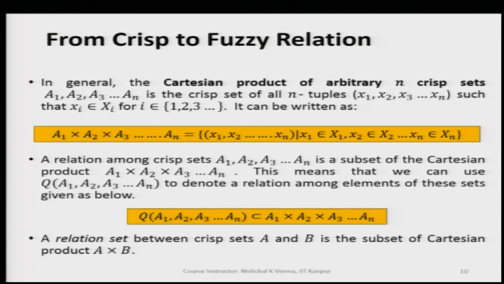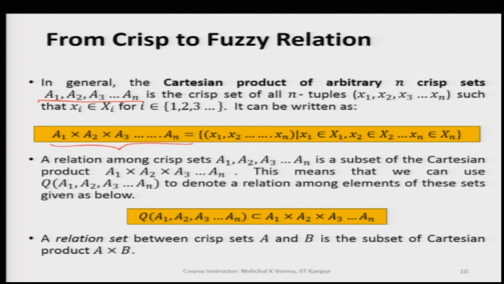If we represent the n crisp sets as A1, A2, A3 and so on up to An, and we are interested in the Cartesian product of all these n crisp sets, then the Cartesian product of A1, A2, A3 up to An can be represented by A1 cross A2 cross A3 and so on cross An,